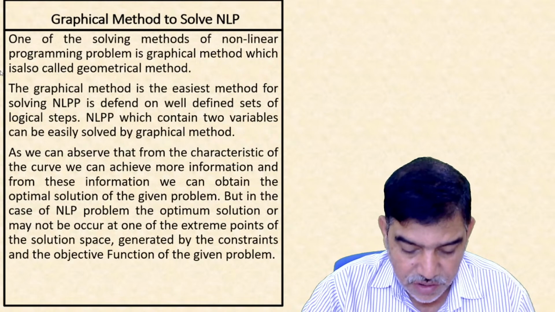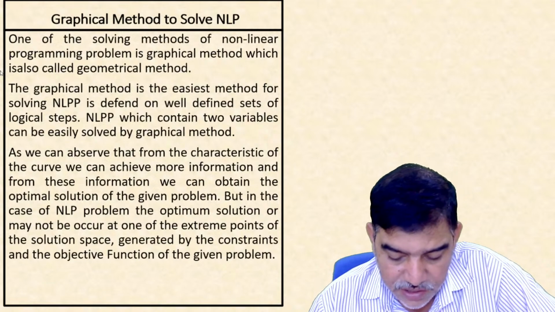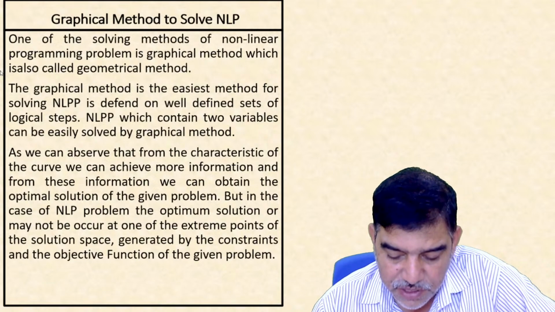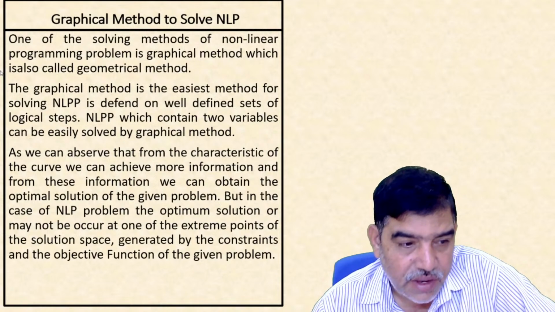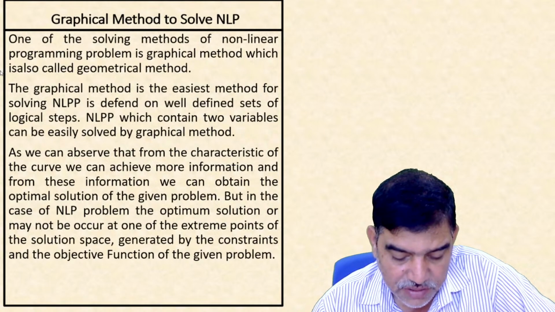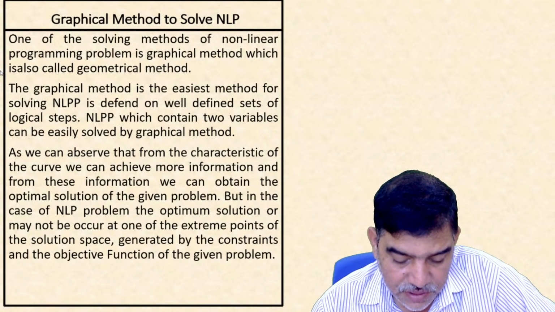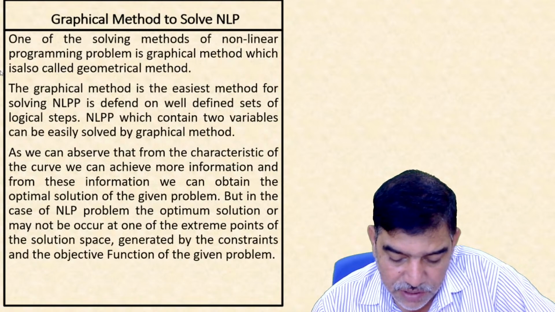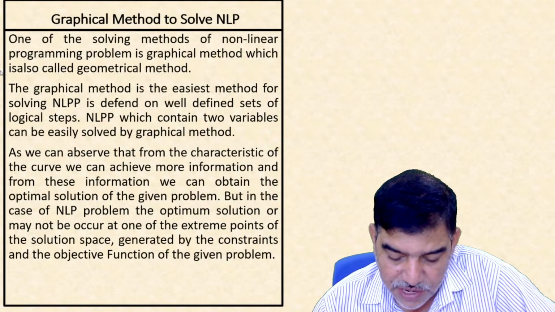Solution of a nonlinear programming problem. The method of solving a linear programming problem is based on the property that the optimal solution is located at one or more extreme points of the solution space. This property enables us to limit our search to corner points of the feasible region and thus to obtain the optimal solution in a finite number of